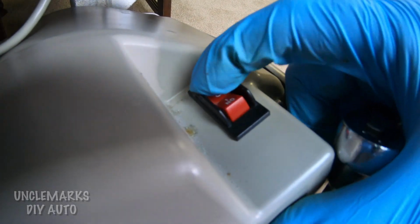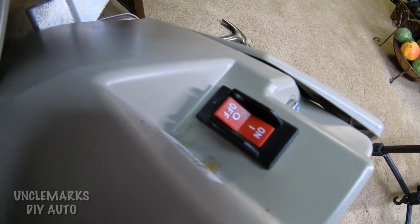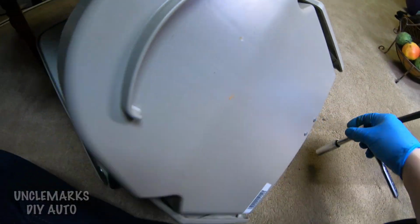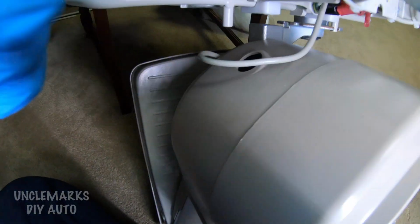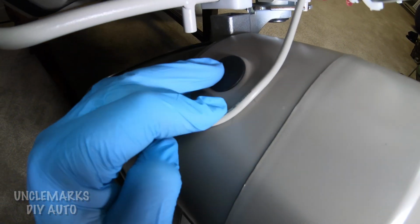There's that switch again. Make sure you turn it back on. Hopefully it's working now, and you can have some help going back up and down the stairs. Well, I see I had a plug here that I put back in too. Make sure all your pieces are